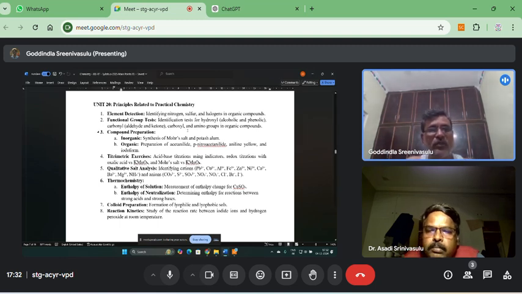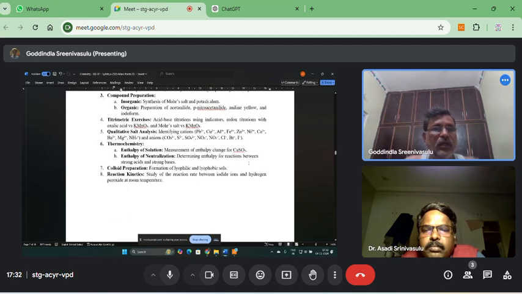Then compound preparation. Some reagents can be prepared in the lab. Inorganic compound preparation: synthesis of Mohr's salt and potassium alum, and organic preparation of acetanilide, para-nitroacetanilide, aniline, and iodoform. These are included in the syllabus. Titrimetric analysis exercise: acid-base titrations using indicators, redox titrations with oxalic acid versus potassium permanganate, and Mohr's salt versus potassium permanganate. Then the qualitative salt analysis,